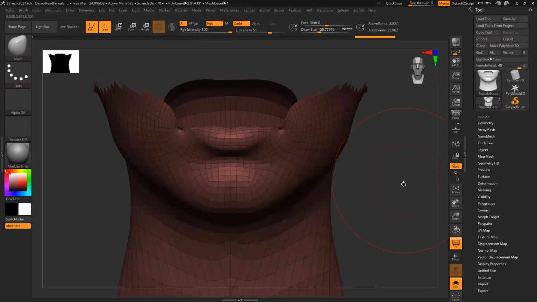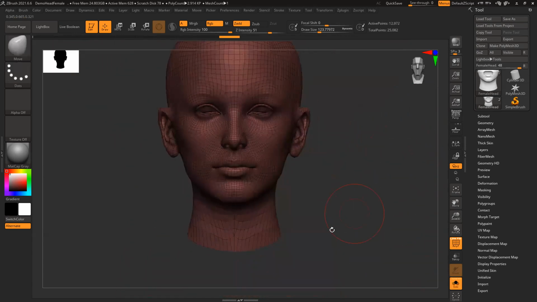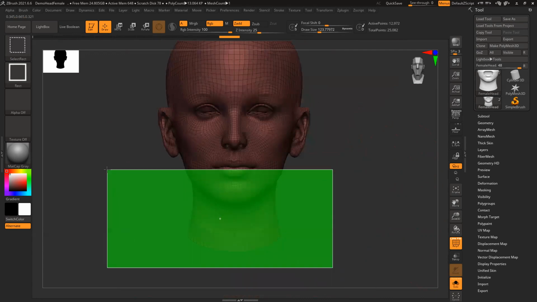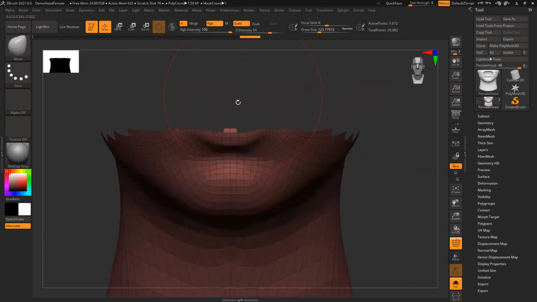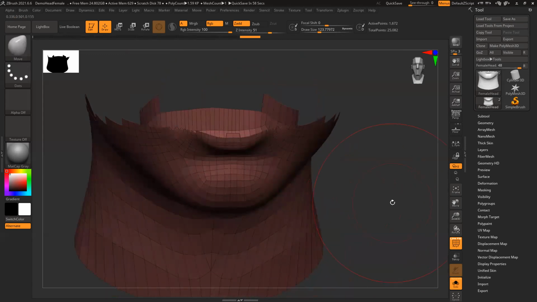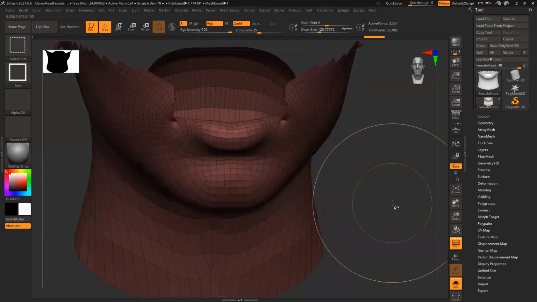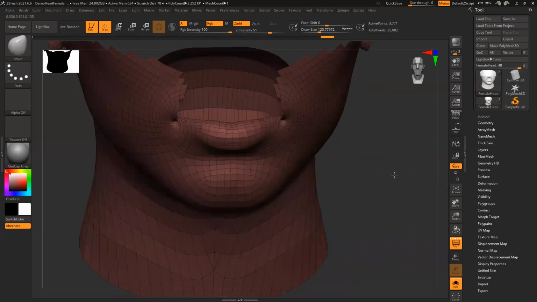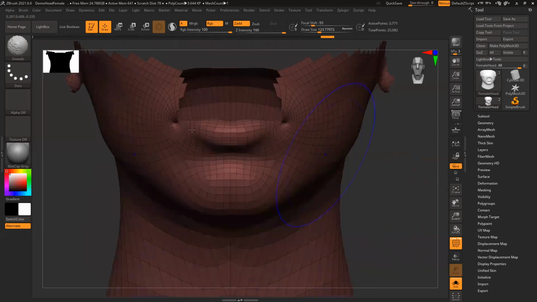Control Shift click, and select the area. Do not select the rest of the area where you don't want it. Now to increase the selection, Control Shift X. So it will increase the selection. Now you have only the lower lip, and if you want to open it,